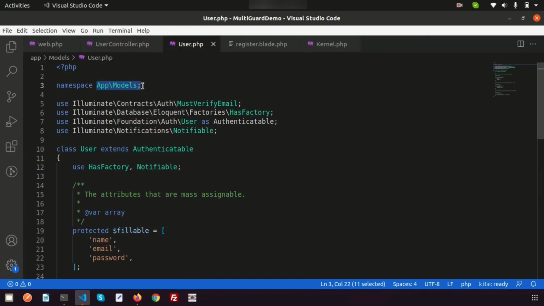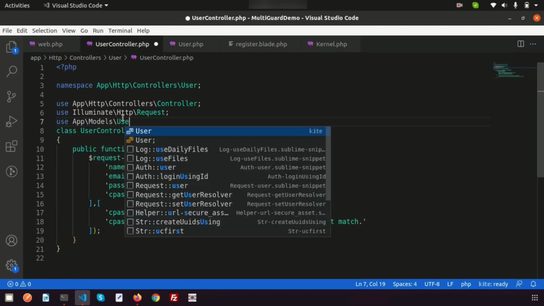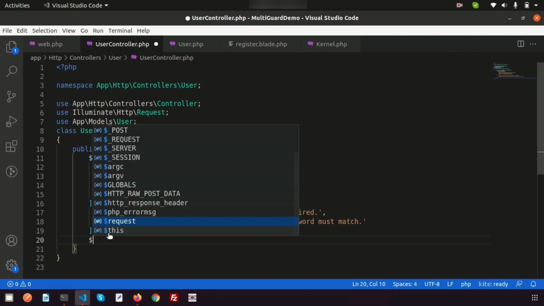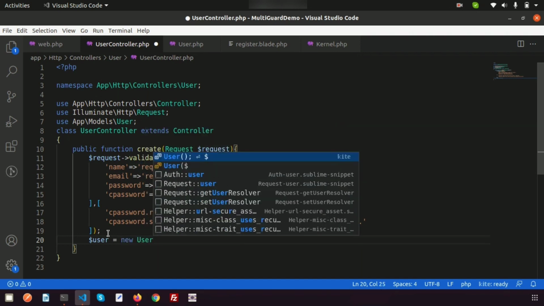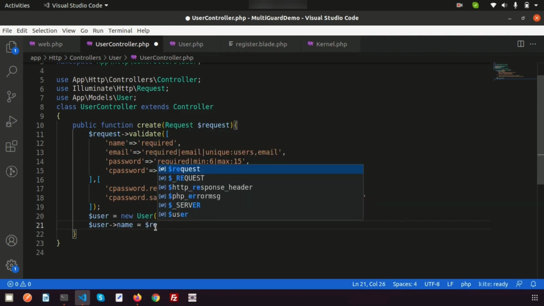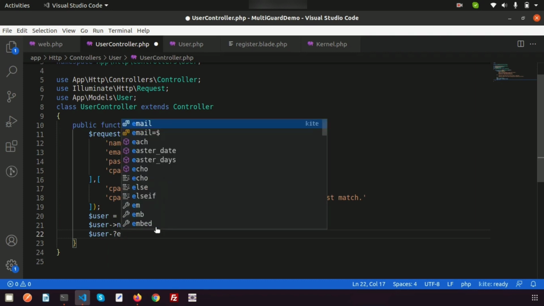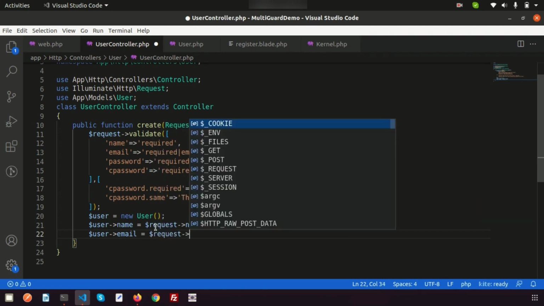So just use the model inside the controller. So just use App\Models and the model name is User, right? So we will insert data using this model. So here validation is done, then just write $user and we will create a new object of this. So write here new User, okay, and we need to save this. So $user->name equal to $request->name, right? In the same way we will use $user->email, sorry, spelling mistake, equal to $request->email, okay,